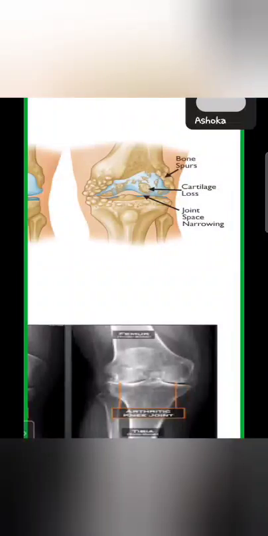acromegaly, trauma. So remember, the matrix of the cartilage has the chondrocytes. If they fail to repair it in time, they start producing the bony spurs, and those are the bony outgrowths that you see. Those are the sources of the pain that we have, and they are the ones responsible for producing that